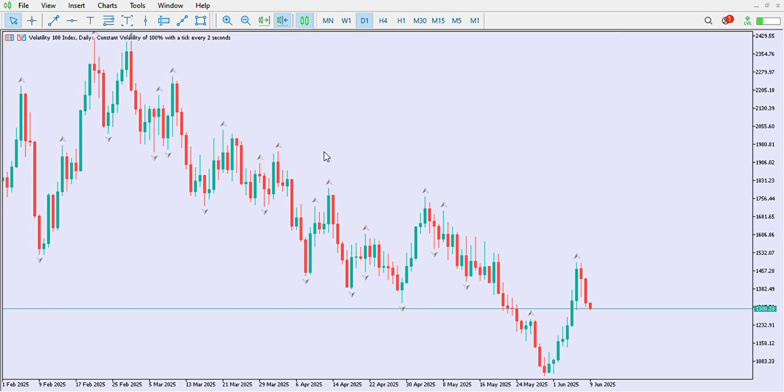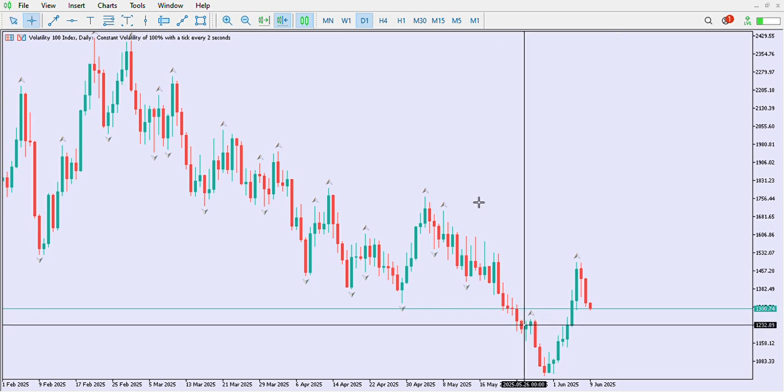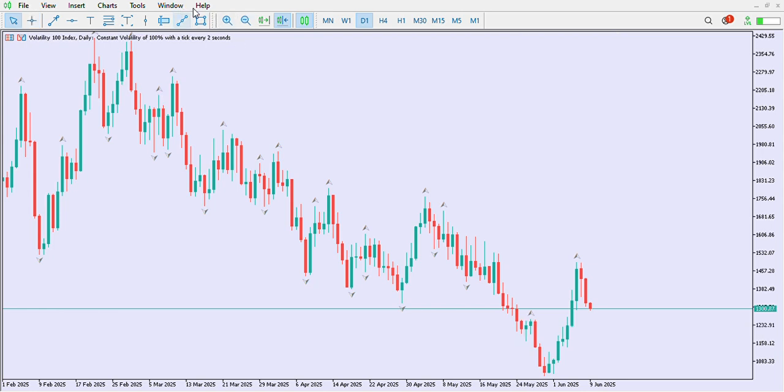So if you can see at this point here on the Volatility 100 Index, there is a fair value gap and a breaker block conjunct, like it is joined together. You're seeing this is a breaker block. So a breaker block is